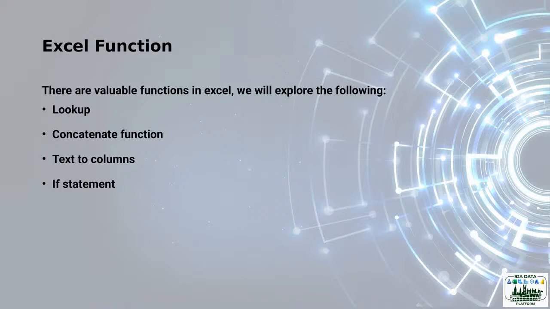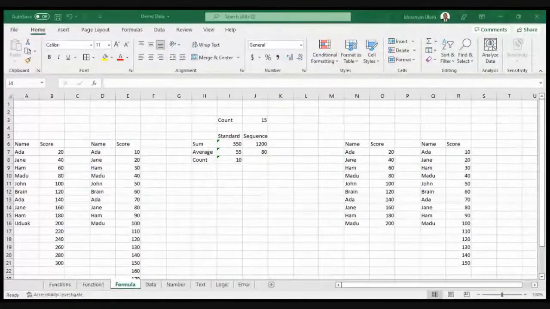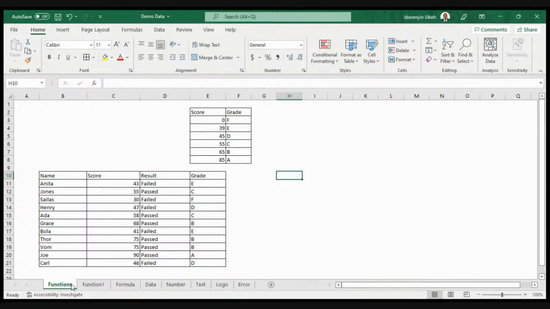For the lookup function and the if statements, I'm going to cover the functions together, but the concatenate function and the text to column are like a reverse of each other. So let us go to our Excel data. Okay, so I'm going to do the lookup function.